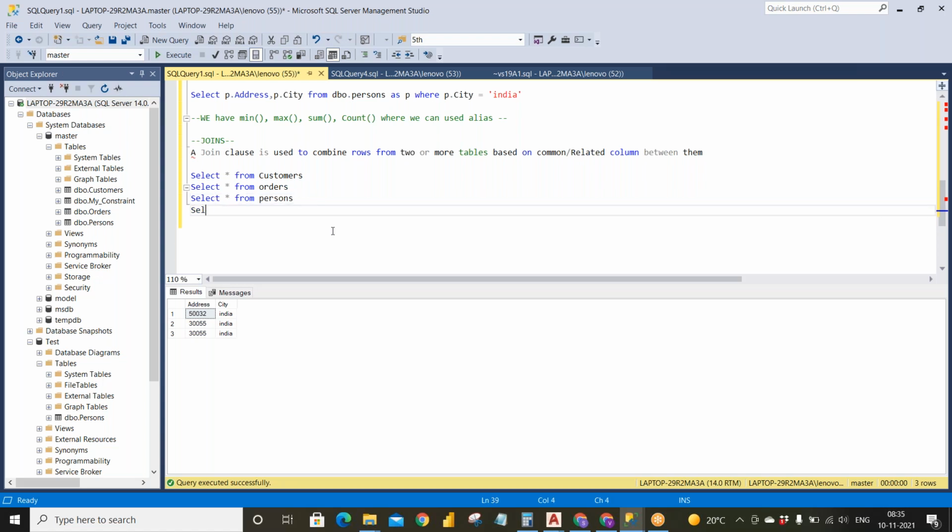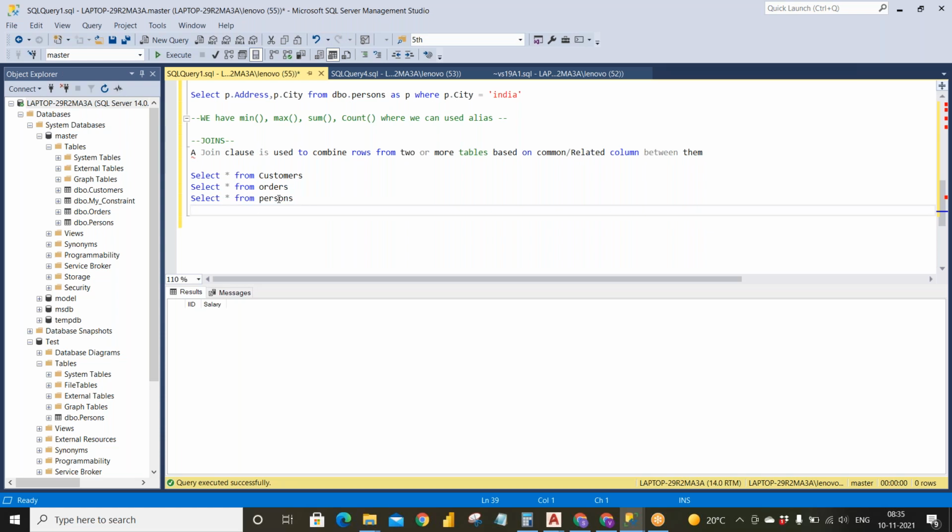Select star from my_constant. What is this? Nothing is there. Okay, I'll just remove it.